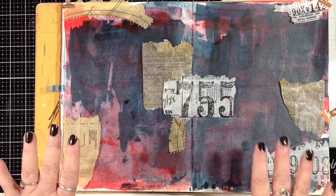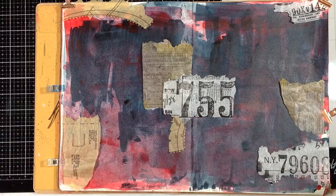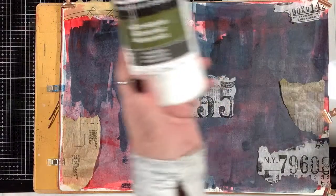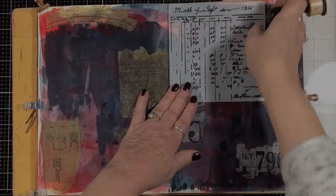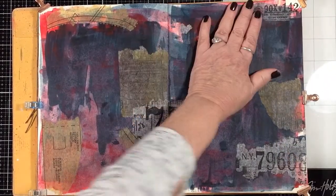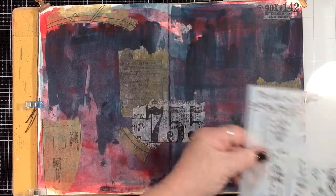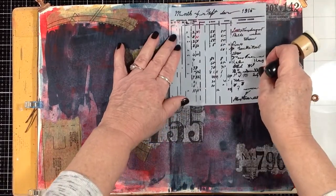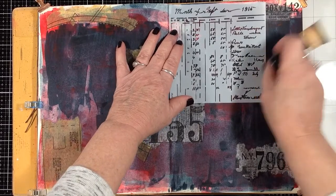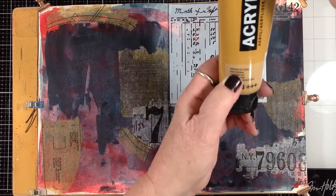So I'm going to put these down with fluid matte medium, like that, and dry it off. And then, okay, this is pretty much dry. It still feels a little bit cool, but I don't think it's going to hurt anything. I am going to try out this ledger stencil, and I'm going to use this Amsterdam Raw Sienna acrylic,